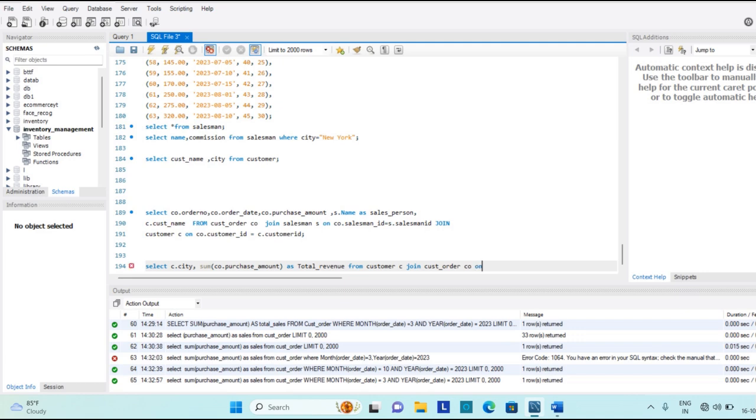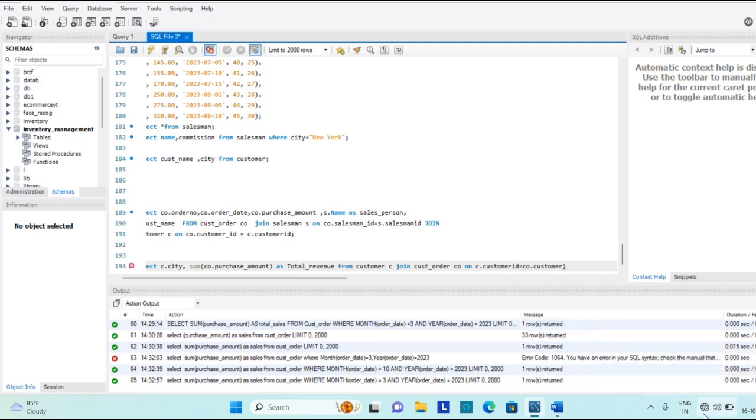We need C dot city and sum of purchase amount as total revenue from customer C join customer order CO on. But what we need is that this join will occur whenever C dot customer ID equal to CO dot customer ID, which is a foreign key in our